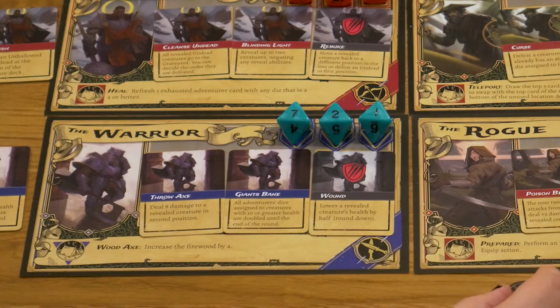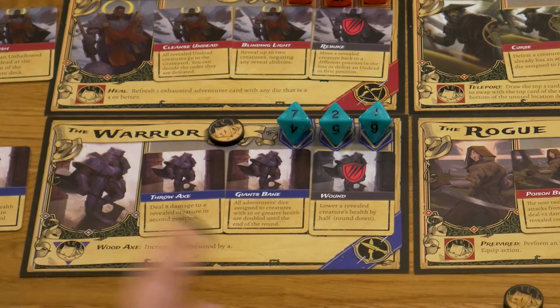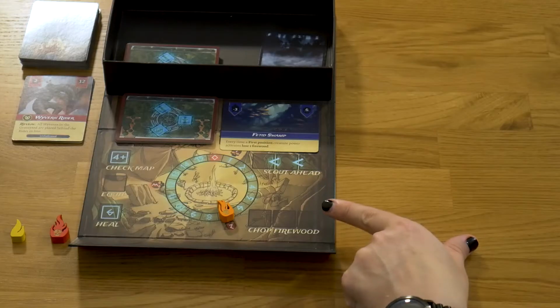So the first thing we're going to do, we need to select an adventurer who will spend the night in camp. That's going to be our warrior. And the reason it's going to be a warrior is every adventurer's got their own camp power. So a special thing that only they can do in camp. The warrior with a wood axe gets to increase the firewood by 4. Normally, if we just took one of these chop firewood actions, we'd increase the firewood by 2. So with a couple of actions, I can get us up seeing 3 monsters in the line,